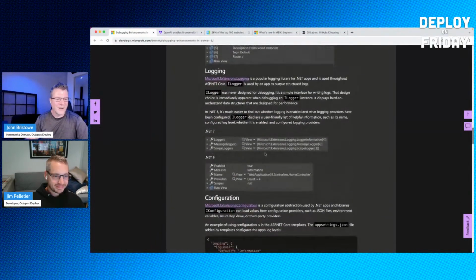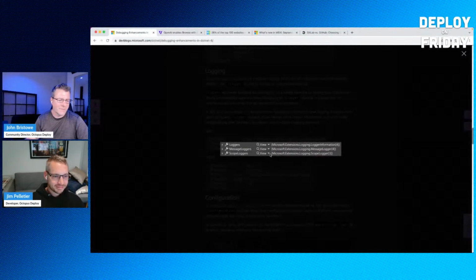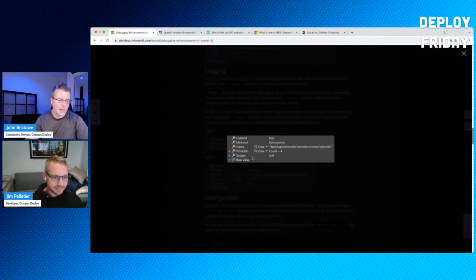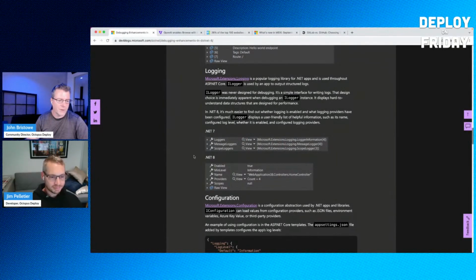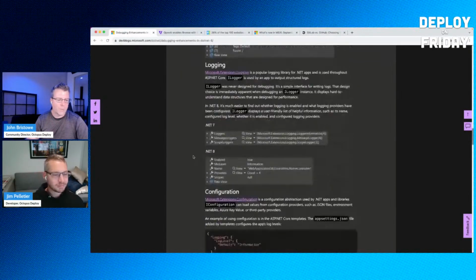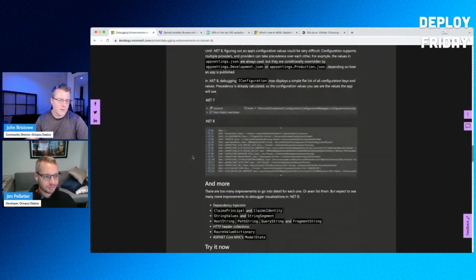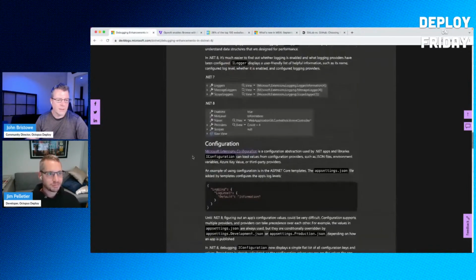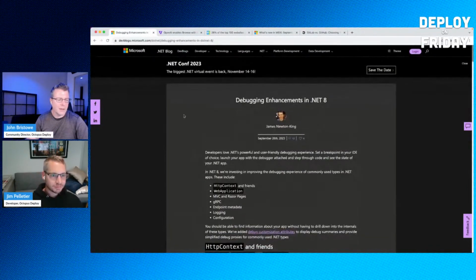Sort of thing. So here's another example with logging. These are the loggers that I have queued up or wired up, and then in .NET 8 it just elevates those and makes them more apparent. And I think this is the right approach. It's being far more practical relative to the developer experience. And so James talks about this, and if you want to check it out, it's up on the .NET blog.